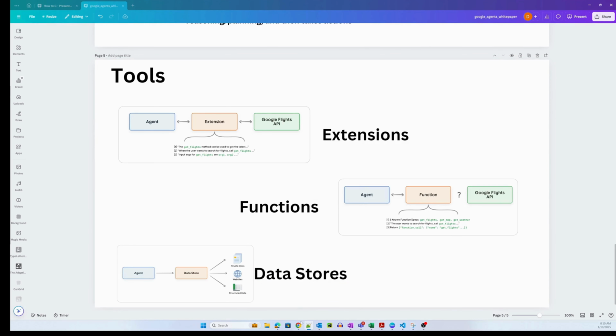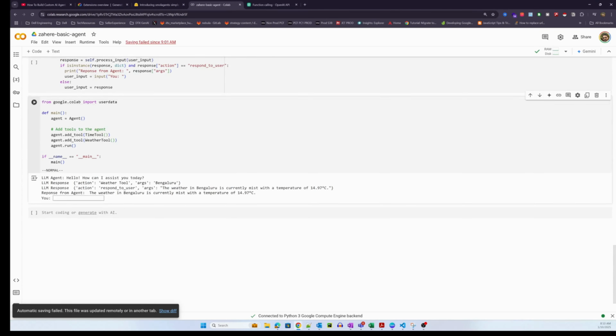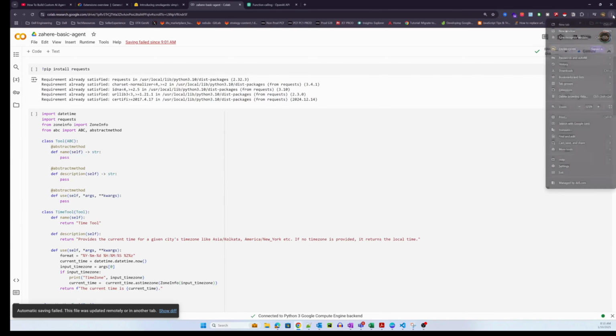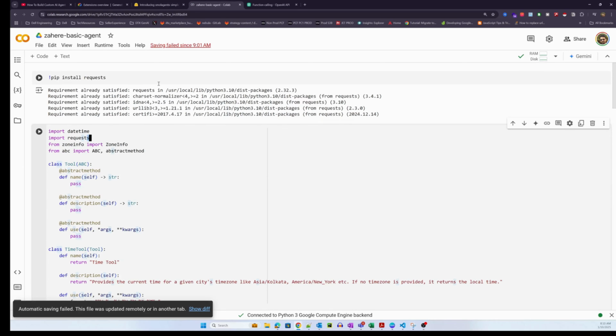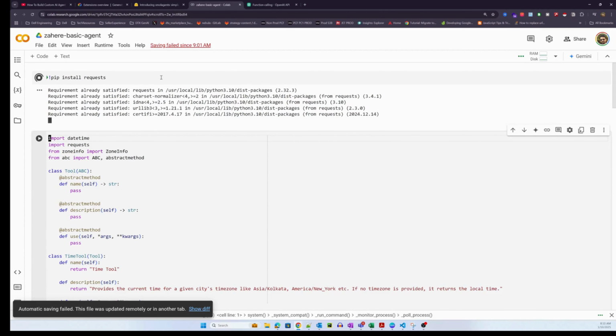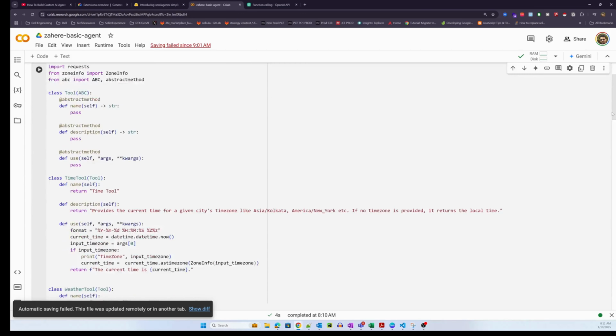Now, I want to quickly go back to one of the examples that I had created previously, and this is it. I'm hoping that you are able to see the fonts. Let me increase the size to 150. Yeah, this is it. Now, this is a very simple Python implementation, I'm sorry, agentic implementation that I had written. It doesn't use any of the agentic frameworks like LangChain or CrewAI. I've written this custom so that it becomes easier for anybody to understand how this works.